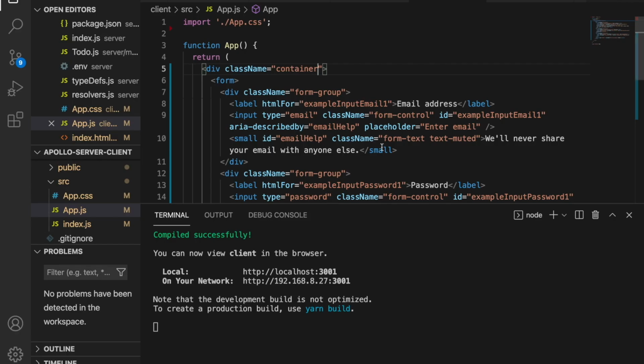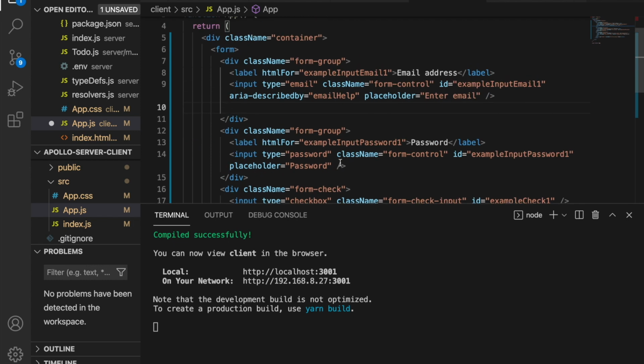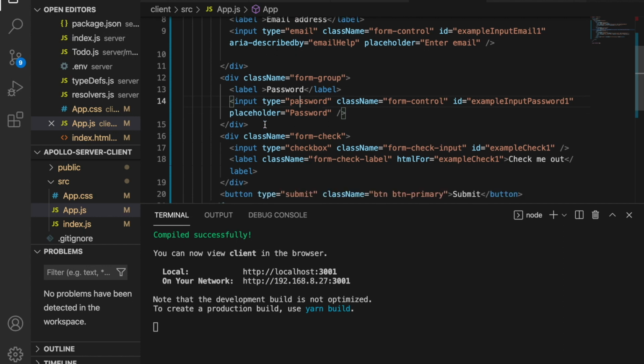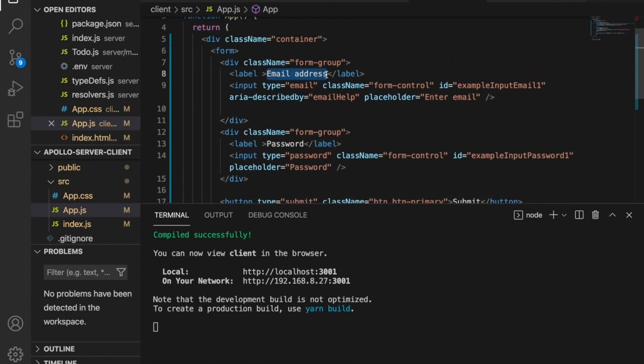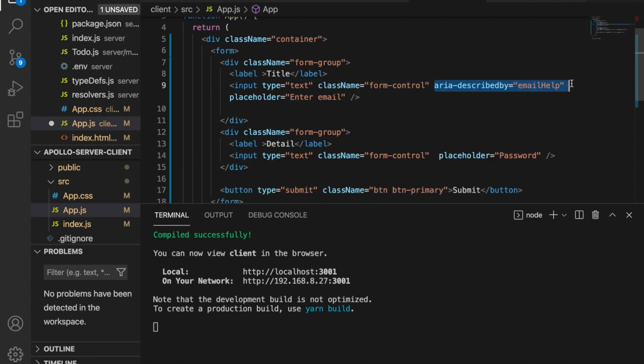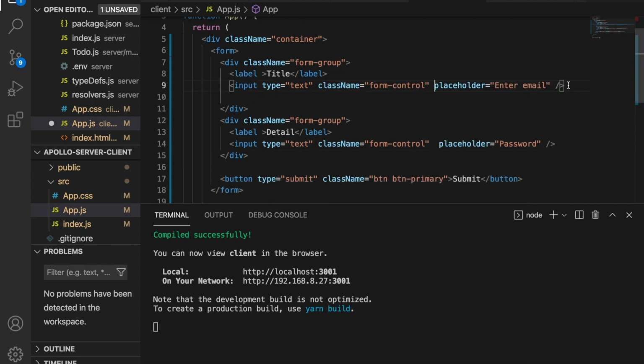So back to here, we delete all of the small text, and then we delete all of these HTML for attributes, and we do not have the form check, and we also need to change this to title, and also this is the detail, and all of these types are text, so we change this to text, and we do not have the ID, and this is not useful now, and we also do not need these properties,